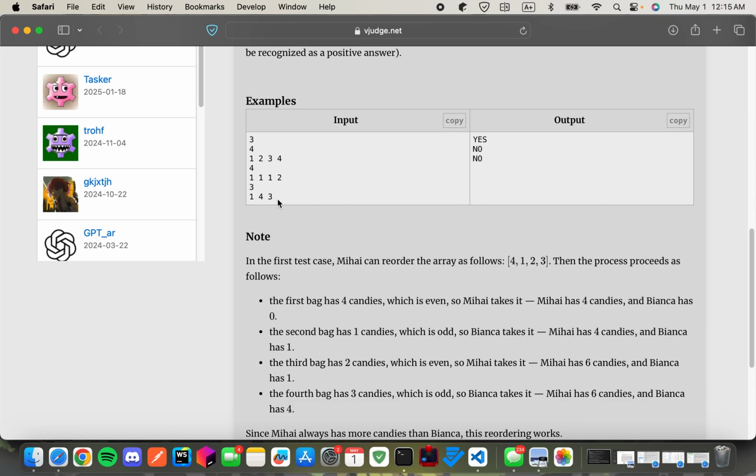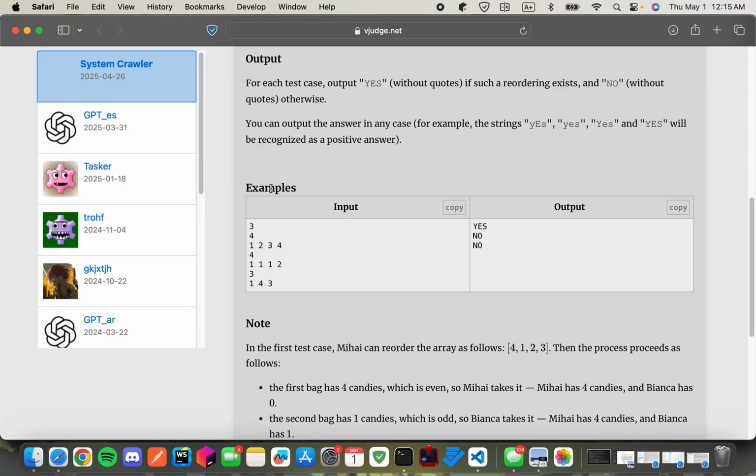And then for the last case, we can see that no matter what we place, Mihai has 4, and Bianca has 1 and 3. Since Mihai has to be strictly ahead, we can try 4, 1, 3. Okay, so let's see.